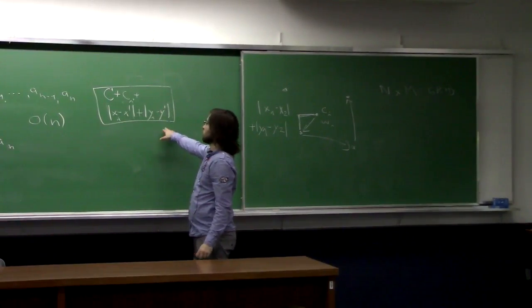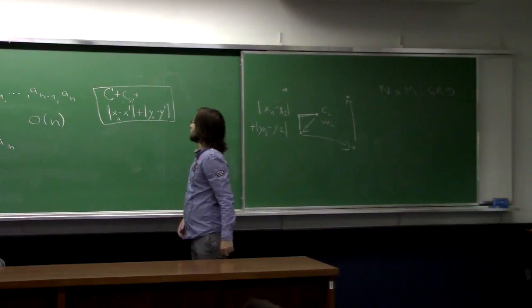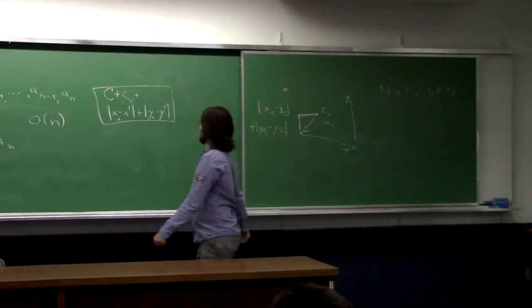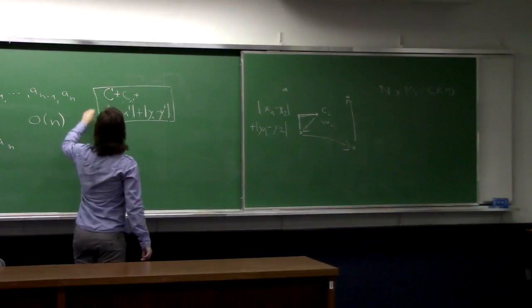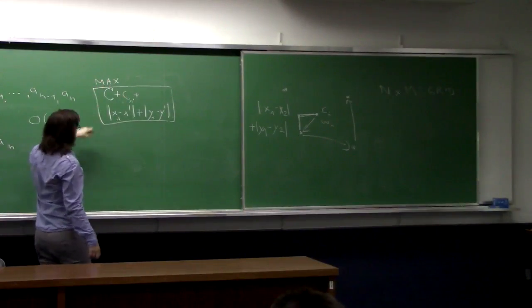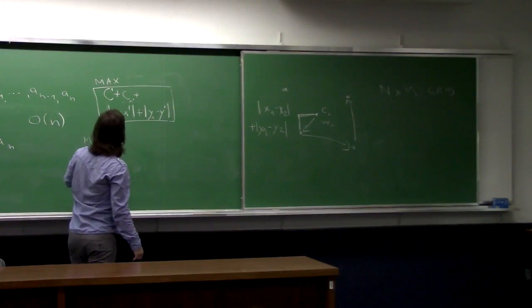If we wanted to just loop over all points and take the maximum of this expression, then it would be fine, but it's too slow. So we can notice that the maximum of this is equal to the maximum of